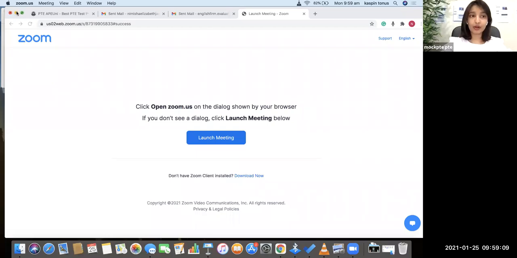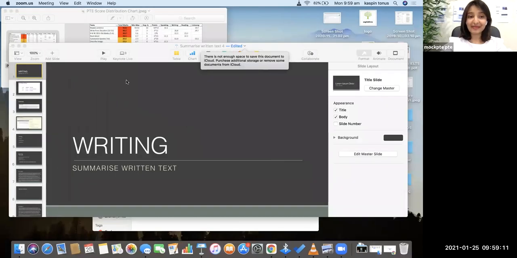But before we go into the details of the task, let me show you how important it is. Let us look at its place in the scoring distribution chart. Again, guys, if you have not watched the other videos, there is a lot of detail which is interrelated in PTE. If you watch the other videos first, you will understand this better. So if you haven't, please make sure to watch them.